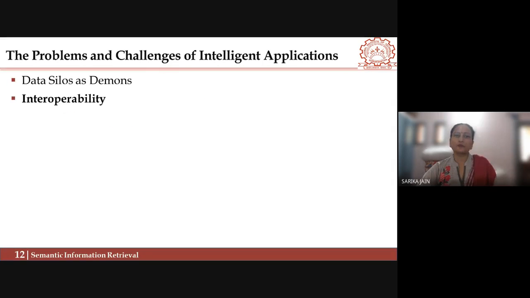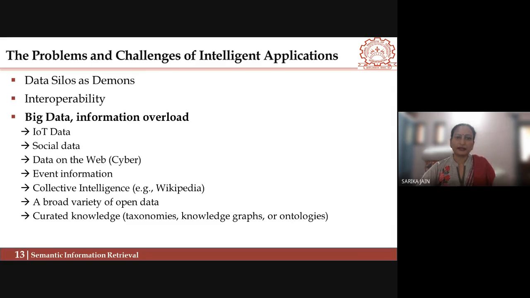Another important problem is interoperability. What if we are required to combine results from heterogeneous sources, and that too multiple heterogeneous sources? Interoperability is the exchange of information. It is achieved only when a common representation is used between different systems. Big data and information overload is another important challenge,